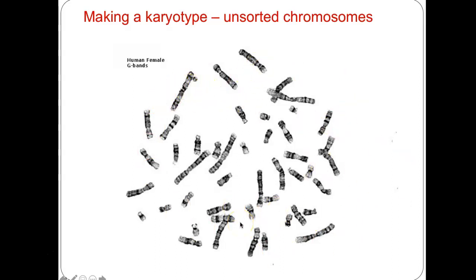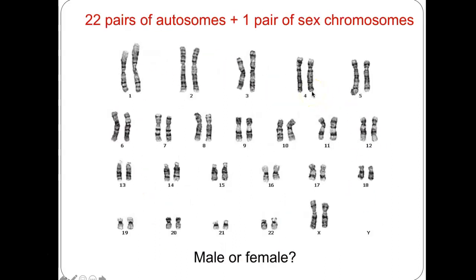I've had students do that before, but we don't really have a lot of time to do that in here because I want you to do your candy activity. But if I was giving you more work, I would give you a virtual activity where you were to drag chromosomes and match them up. So you'd match up homologous chromosomes. And this is how they actually do it. They stain them and then they match them up and they make a karyotype. Okay, and it looks like this.